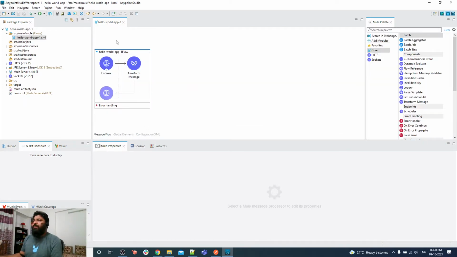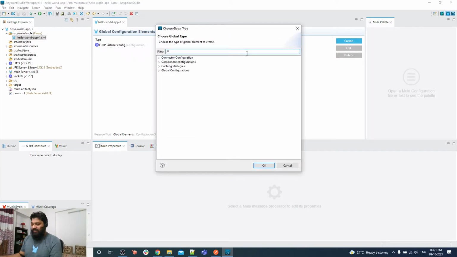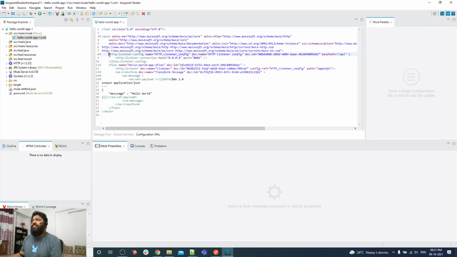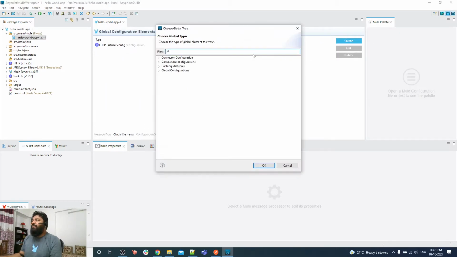Let me explain some basic things. This is basically the message flow, so here you can see the UI. If you go to global configuration, you can see all the global things. Global means any kind of configuration. This is the HTTP configuration we created. We can create any other configuration, like property files, if we need to read some property files.